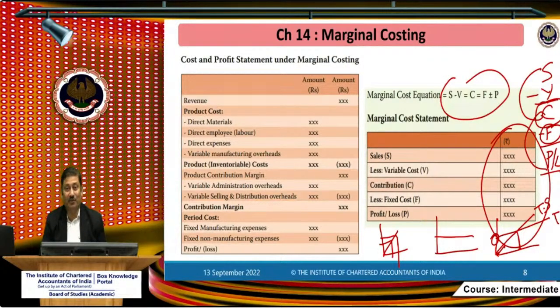The significance of contribution is the most important thing, because contribution means how much excess of sales you have over variable cost. In marginal costing, in variable costing, we are assuming that fixed costs remain fixed. So any increase in contribution means profit will directly increase. So the most important part in marginal costing is contribution. Are you getting my point?